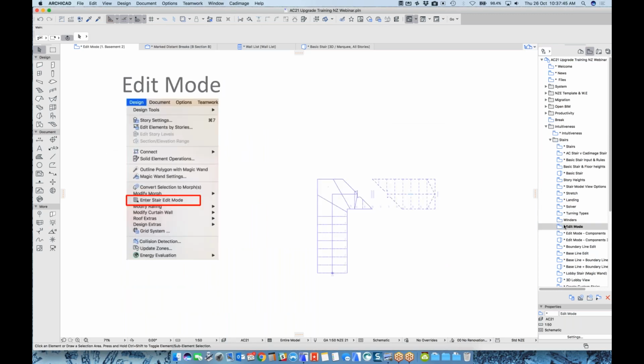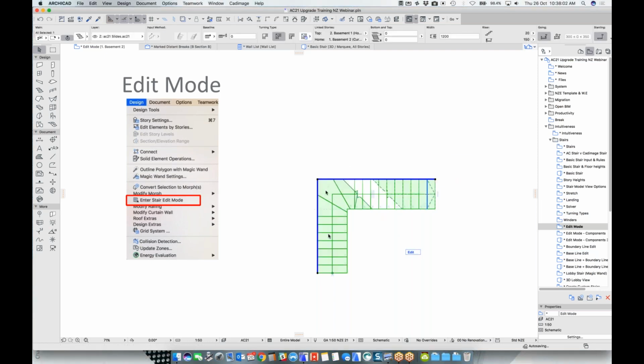Edit mode. The view edit mode. A few of you who have used the curtain wall tool will be very familiar with the curtain wall edit mode. Well, that has also been added to the stair tool. So if you select the stair that's drawn in our view, a little blue palette pops up and says edit. If you click edit,